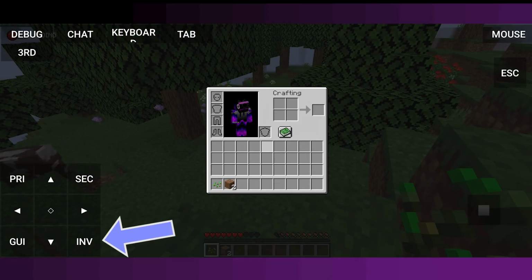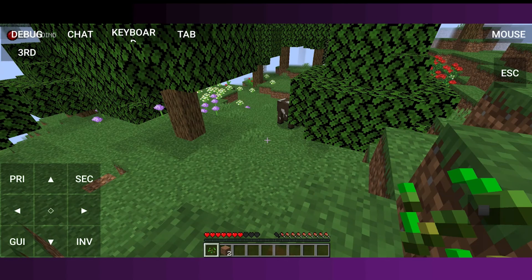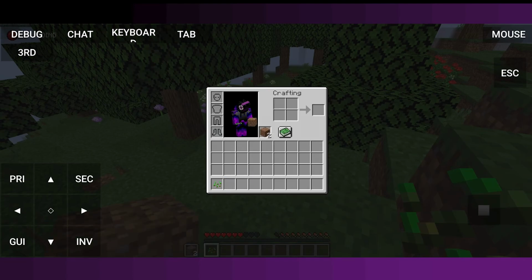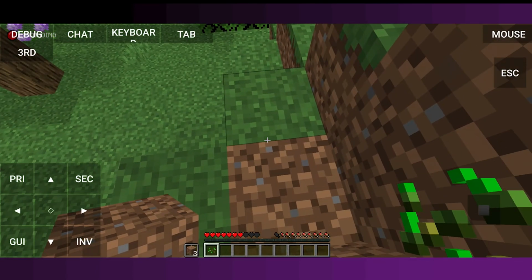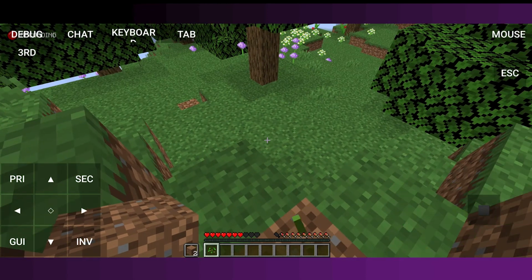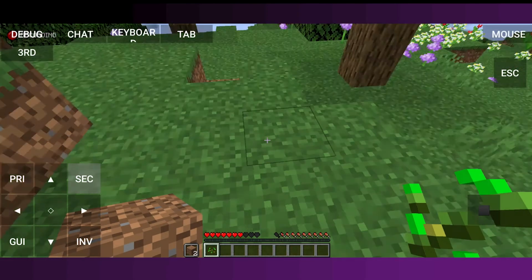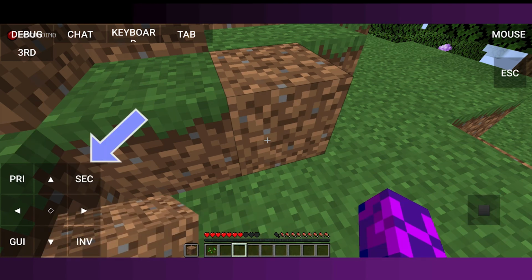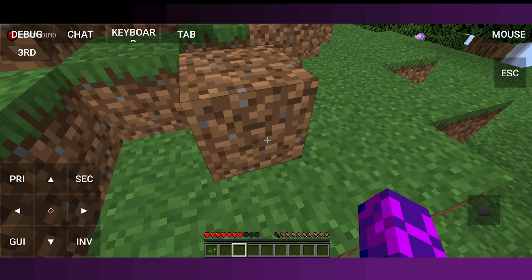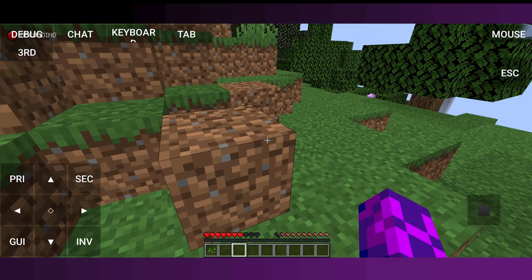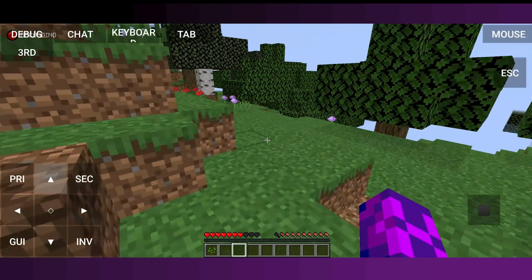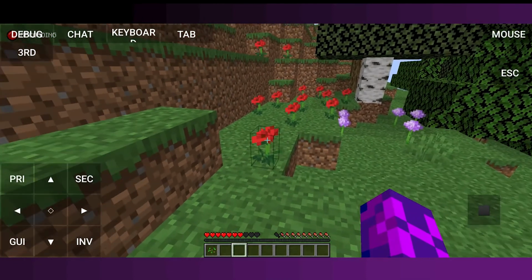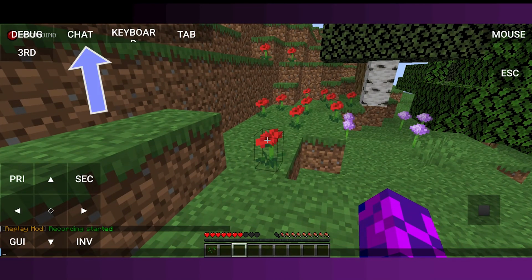With this button you can open the inventory. This button is for the right hand and this one for the left hand. Obviously with chat you can open the chat, and with keyboard you can use the keyboard.